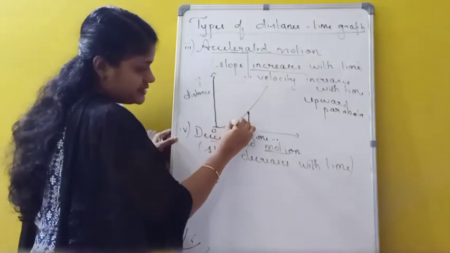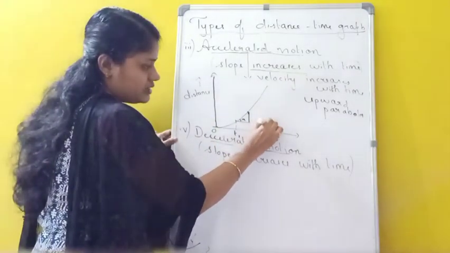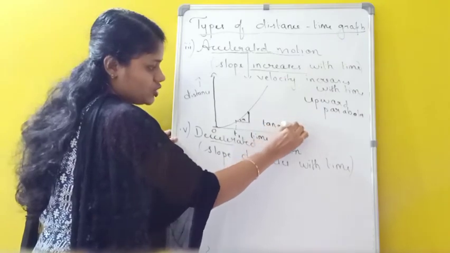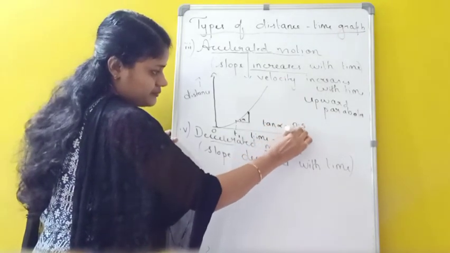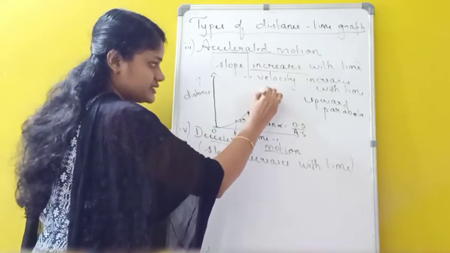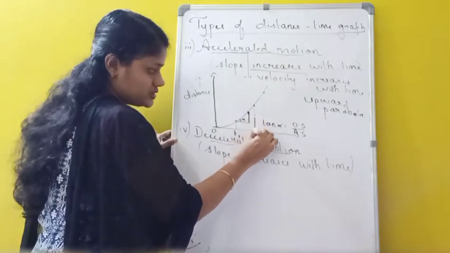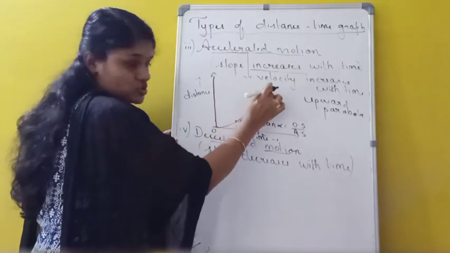Triangle here. And this angle is taken as alpha. And how will you find the slope here? Tan alpha. So tan alpha equals opposite side by adjacent side. And similarly, I am taking another 2 points at another time t2.